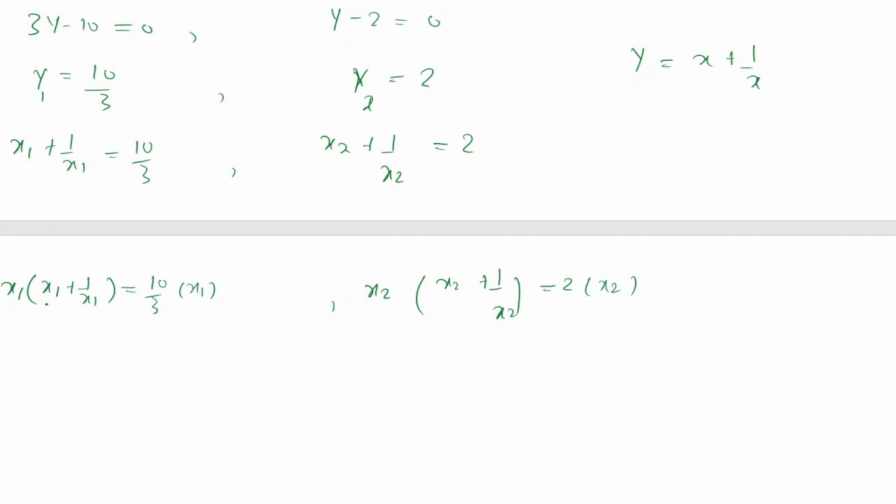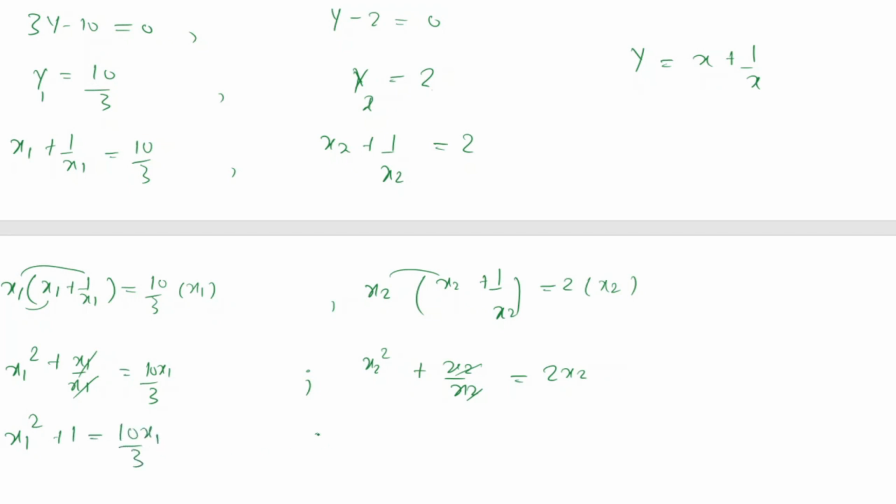अच्छा, यहाँ पे जब x1 मल्टीप्लाई होगा इसके साथ तो ये x1 स्क्वायर बन जाएगा, और इसके साथ जब मल्टीप्लाई होगा तो ये x1 by x1, and similarly it would be 10x1/3। सिमिलरली इसके साथ जब मल्टीप्लाई होगा सो x2 स्क्वायर और ये x2 डिवाइडेड बाय x2, और ये मुझे मिलेगा 2x2 है। अच्छा, सो x1 डिवाइड बाय x1 कैंसिल हो जाएगा, x2 डिवाइड बाय x2 कैंसिल हो जाएगा, सो आई एम गेटिंग x1 स्क्वायर प्लस 1 इक्वल टू 10x1/3, and similarly I am getting x2 square plus 1 equal to 2x2।